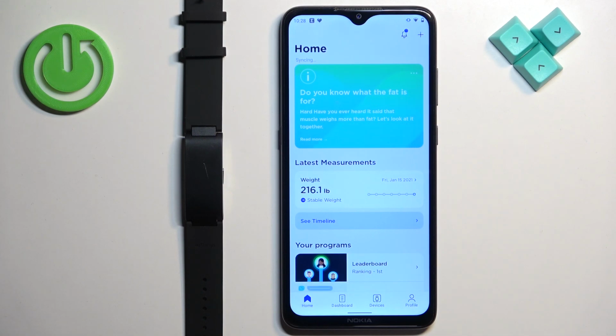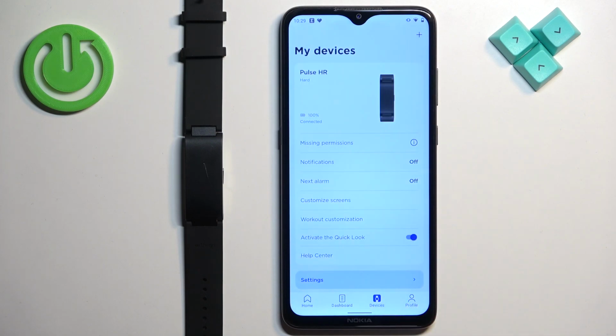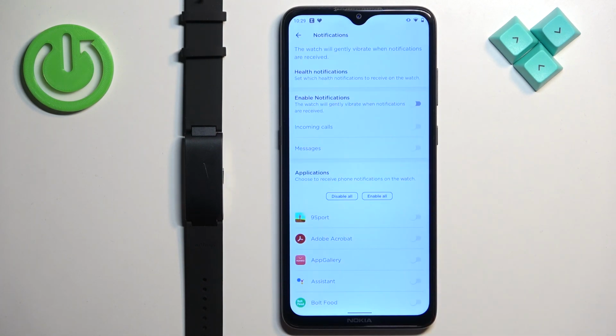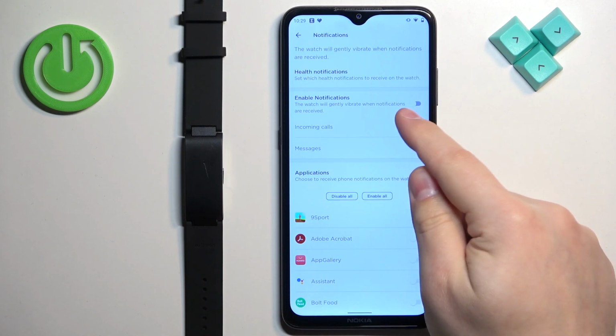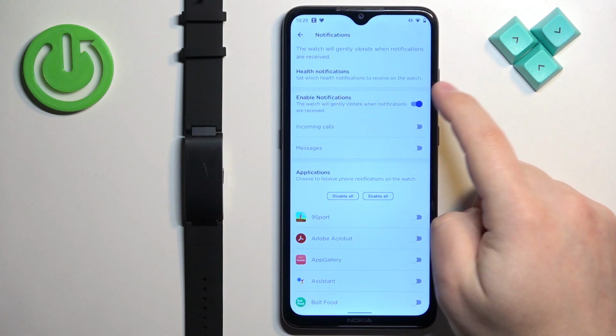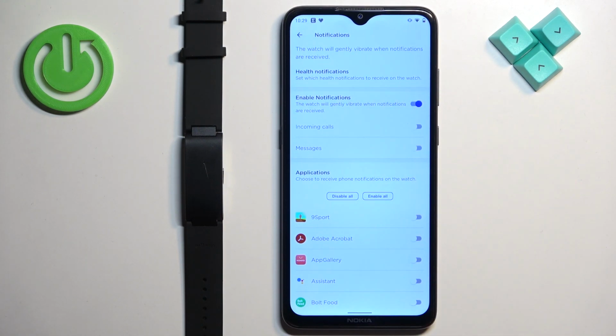After the application opens, you should see the home page. Now tap on the devices icon to open the device page, and on this page find the option called notifications, tap on it, and here we can enable the notifications or disable them, of course, by tapping on the switch next to enable notifications. So to enable the notifications, tap on the switch, and once you enable them, you will